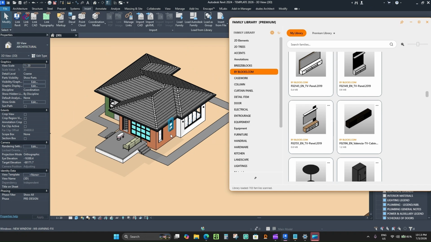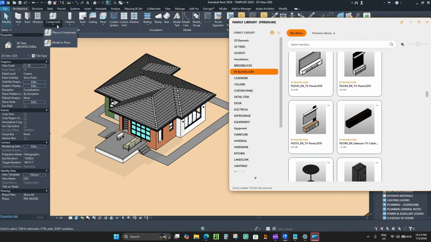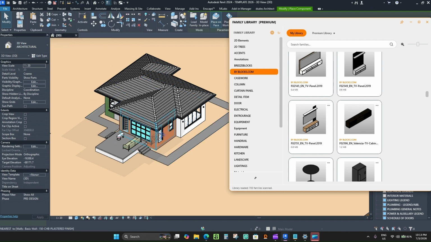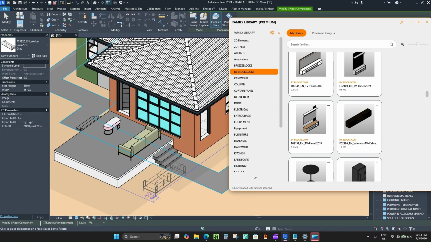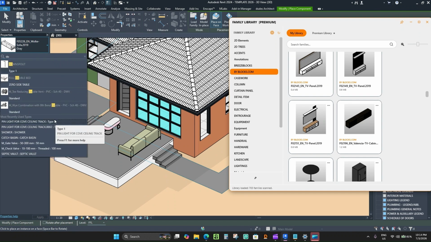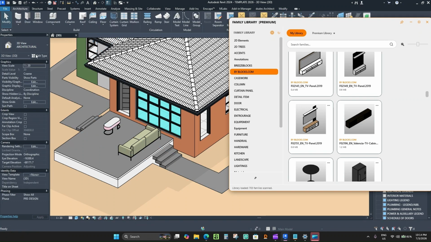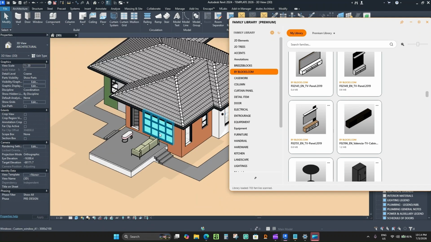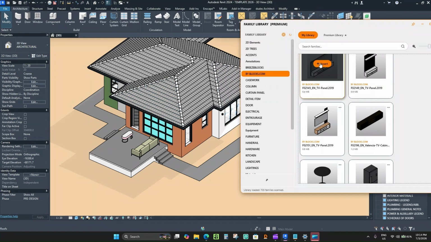As you can see, nothing happens in your 3D. You need to go to this component to place your loaded family. So for example, I need that door. You need to type the door name first. So you see the difference if you are using our